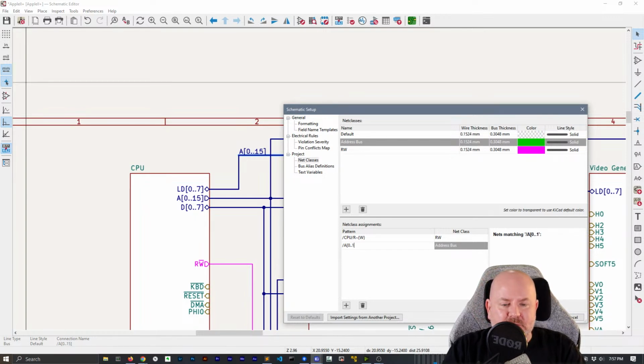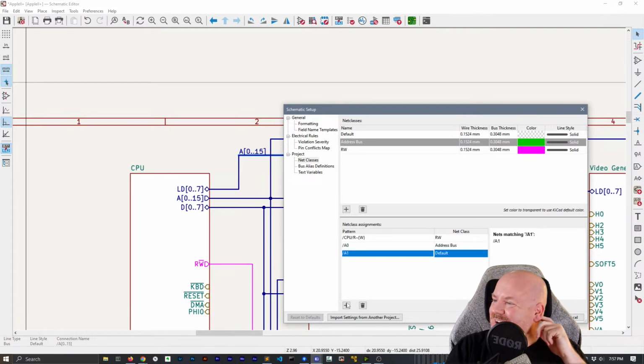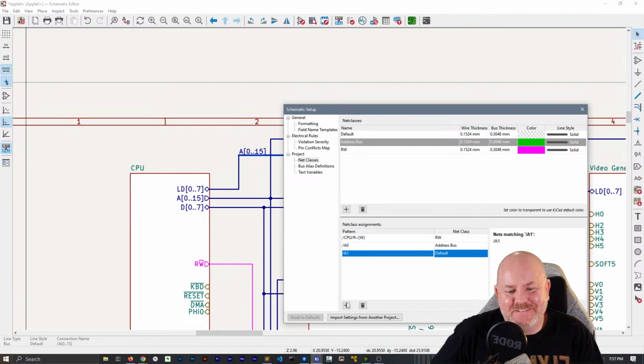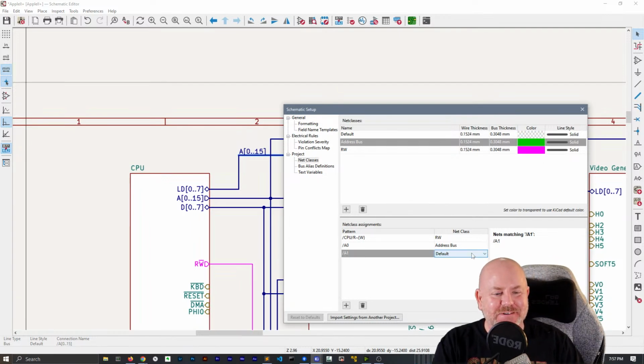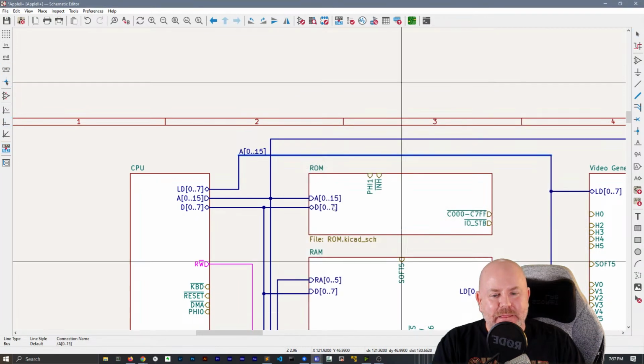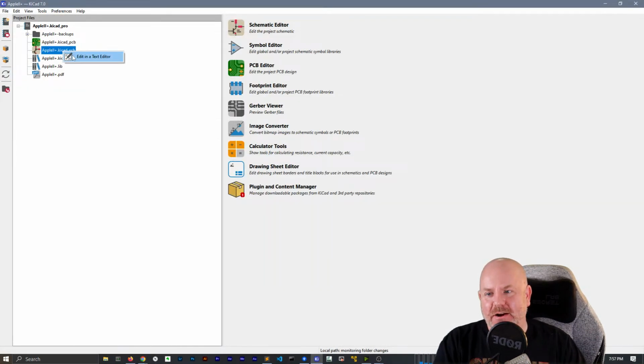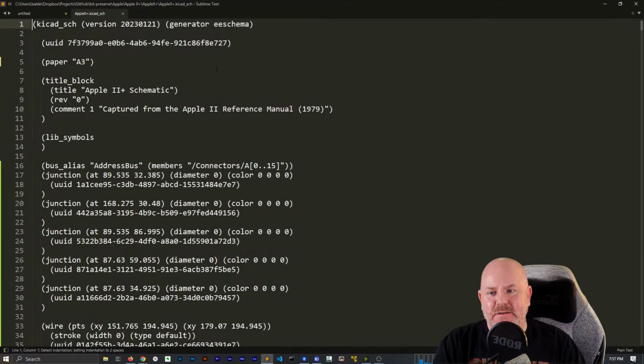I think that's why I must have just said, screw it, I'm going to do it this way. And then, you know, I know what I did. I remember now. I did it in the text editor because I was like, this is stupid. Because what I did is I came back here and I said, all right, edit in text editor. And then I looked for